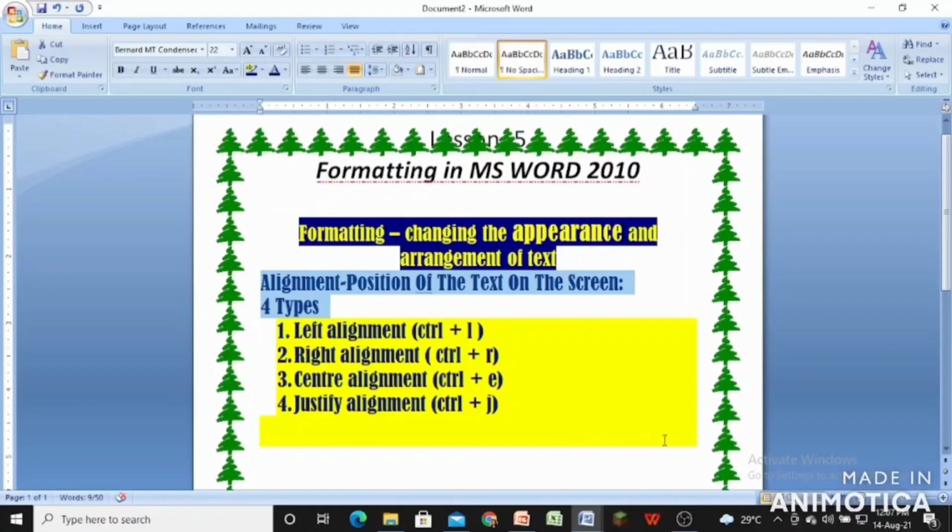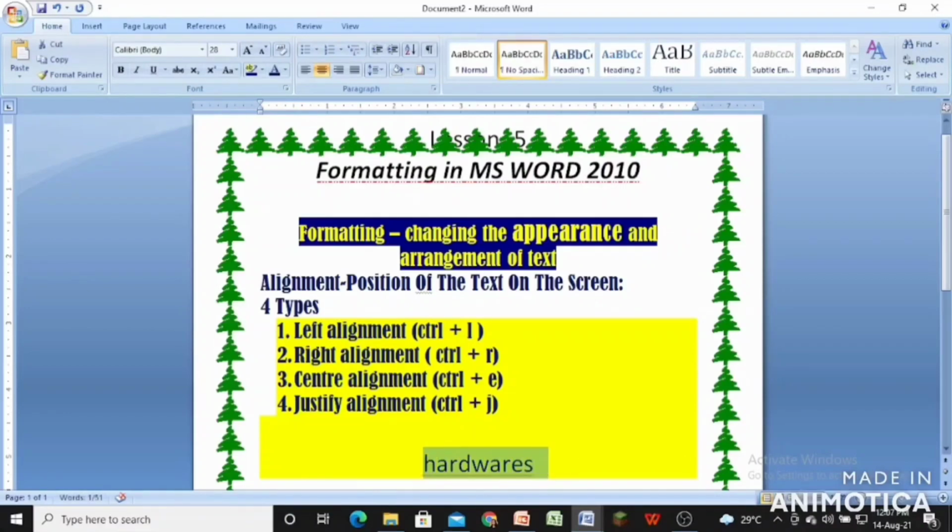Now let us come to the last topic of the lesson, that is adding bullets and numbering. Now let me write here hardwares. Now I want to write about the hardware. Suppose I want to underline this, suppose I have selected this. After selecting this, suppose I make it bold. Now if I want to change the case, so sentence case, the first letter of the word will become capital. So this is how we change the case.